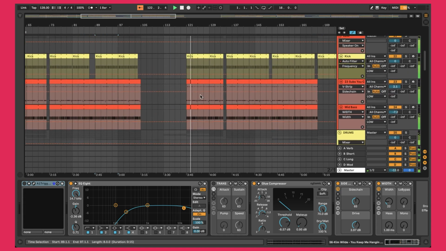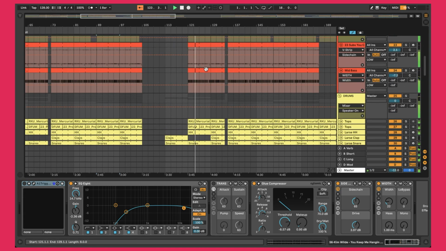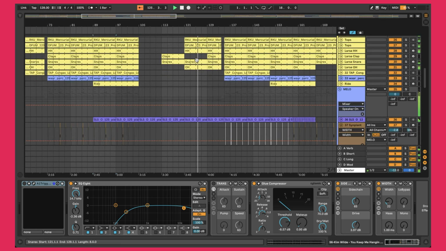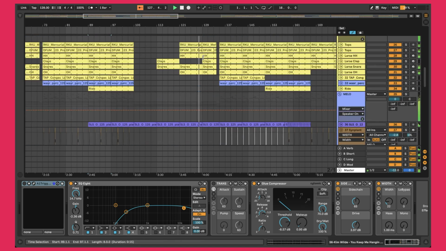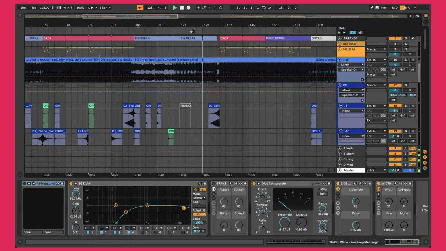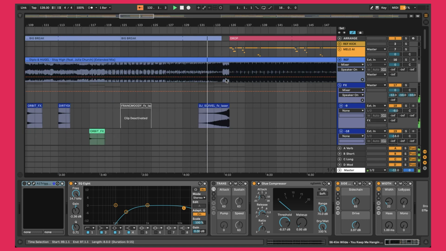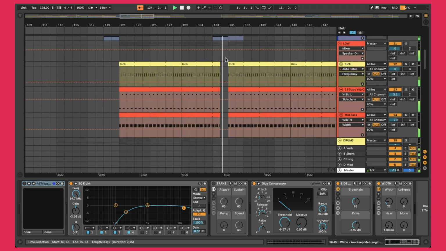We've added the kick that has the lows removed, and we also added the subs and the bass with the lows removed as well. 909 roll is slowly building up the energy. That was another 8 bars. We have only, it's a weird small cut. That's how it is done in the HUGEL song, you can see here, so I follow that. So it's going to go to like a little pause